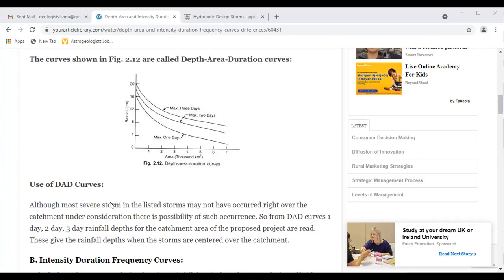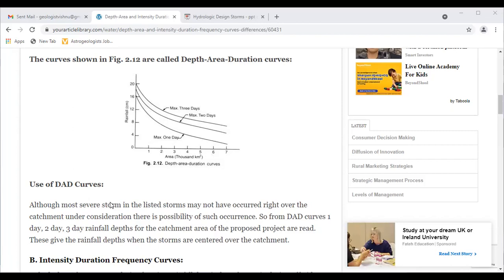The results are then plotted on semi-logarithmic paper. That is, for each duration, the maximum average depth of rainfall on an ordinary scale is plotted against the area on logarithmic scale. If a storm contains more than one storm center, the above analysis is carried out for each storm center. An enveloping curve is drawn for each duration. Alternatively, for each duration, a depth area relation of the form.